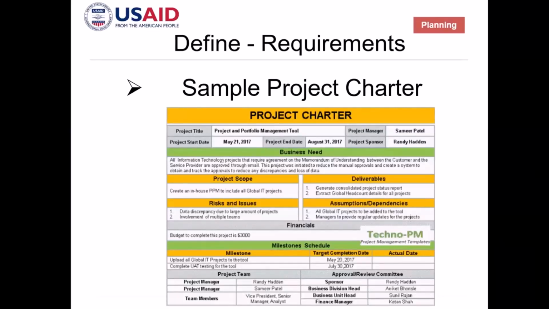So in the project charter, you should have at least the project title, the start and end date of your project, the project manager who's handling the project, or in some cases, they are called program managers because of the size of the project. And then, of course, your sponsor. Then you will put into the charter at least the objective, right? And then you will have to put the initial scope. And under that initial scope, what are the deliverables?